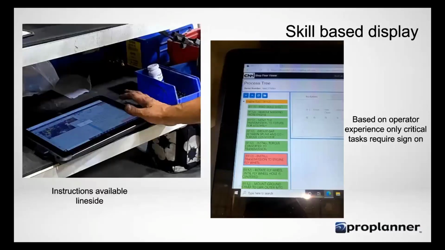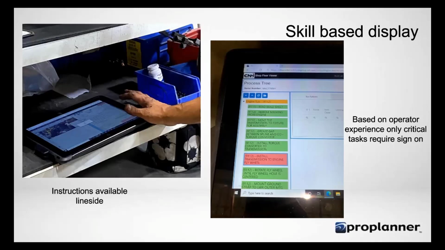So this was that whole tribal knowledge experience based. One of the things that CNH Burlington was very keen on is, hey, my experienced operator is not going to want to click through every activity, right? They will sign into the unit and they just want to start working. But I do want to alert them about activities that require input, whether it's parts, tools, a scan, whether it's a failure, a quality check or whatever.